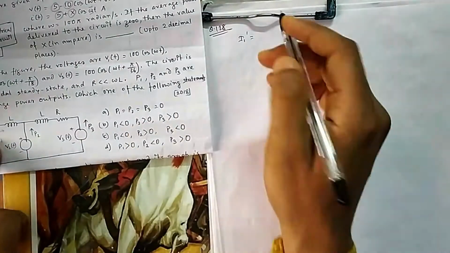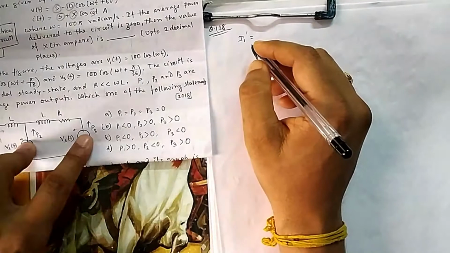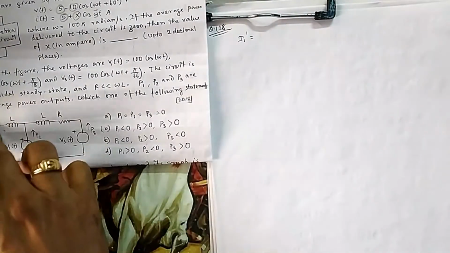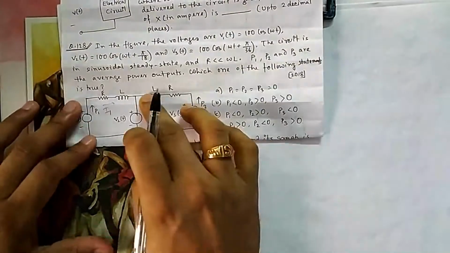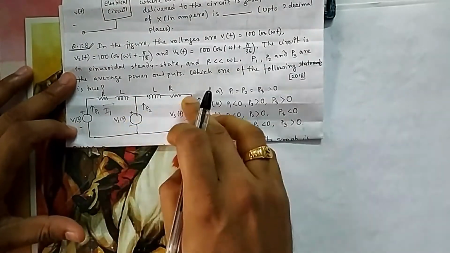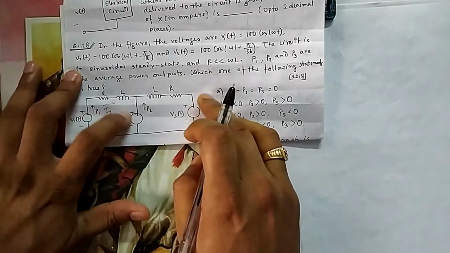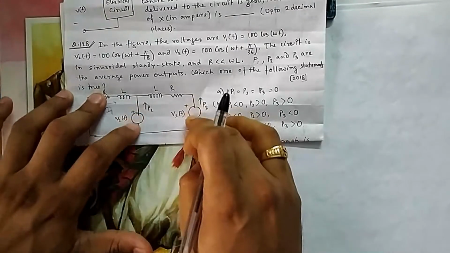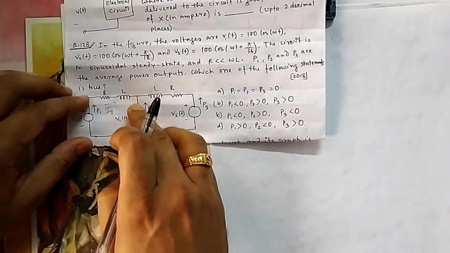So for I1 dash, only this source is there and the others are not. How will they not be there? A voltage source is shorted. Current will come here, see a short path, and all the current will flow through this, so no current will come to this branch, because this will also be shorted. How do you remove a voltage source? If you remove it, no voltage should come, meaning you make the voltage 0, which means you short it. So voltage sources are killed by shorting. All the current will pass through this.